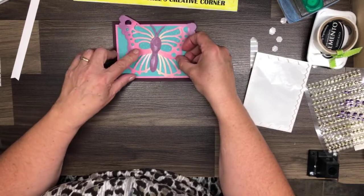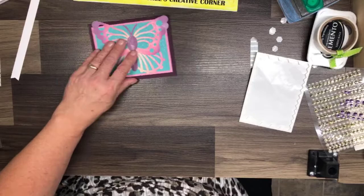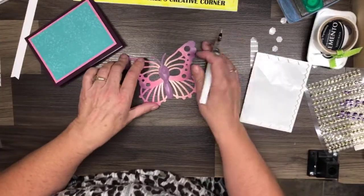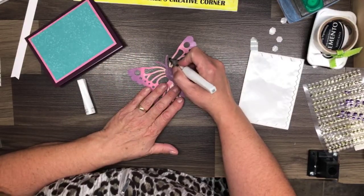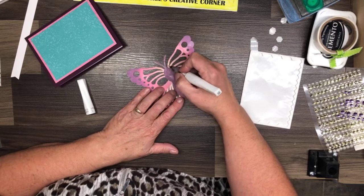Now I have this beautiful butterfly. Now this is intended to put on the box. I am not going to do a box. I am going to use this for a card for somebody special. This is just so pretty that